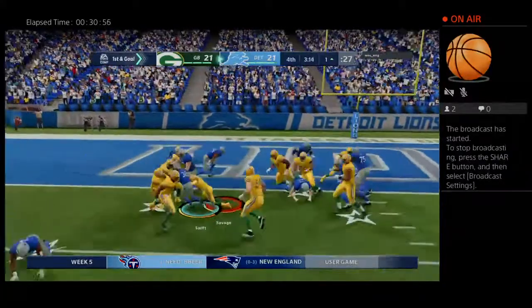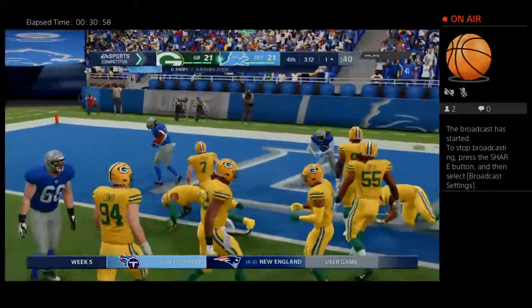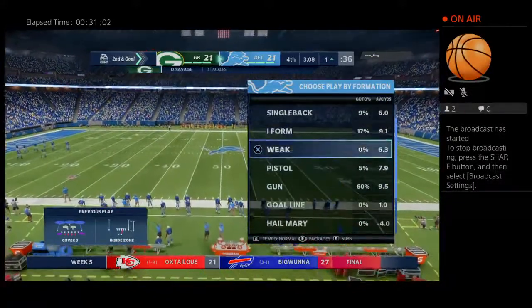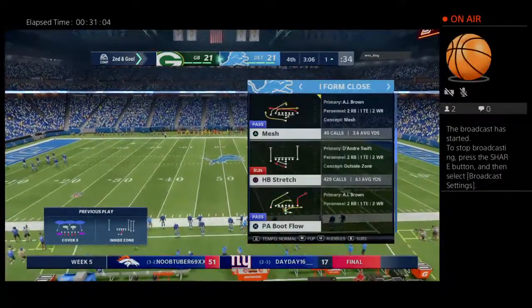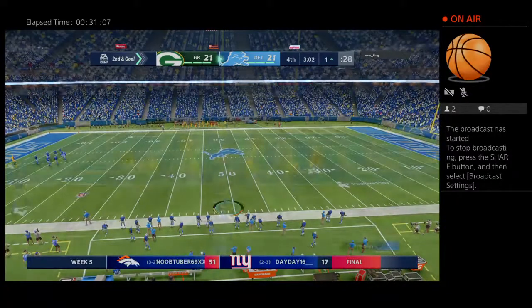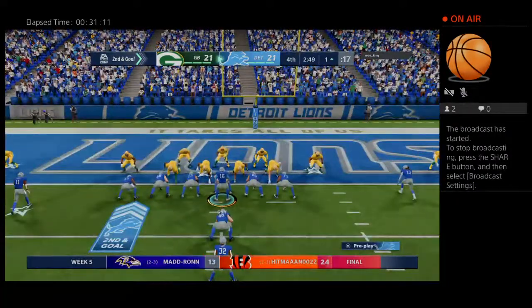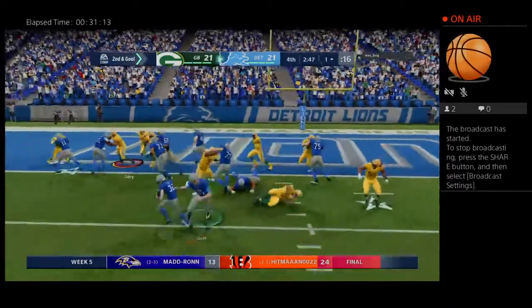They'll run with Swift. And just a short gain that time as they're able to get him down. Only a yard on the pickup there. 2nd and goal. Well, they certainly had success throwing the ball on this drive and not as much running it, as we just saw once again on that last play. Stopped after a very short gain. But I wouldn't abandon the run totally because...